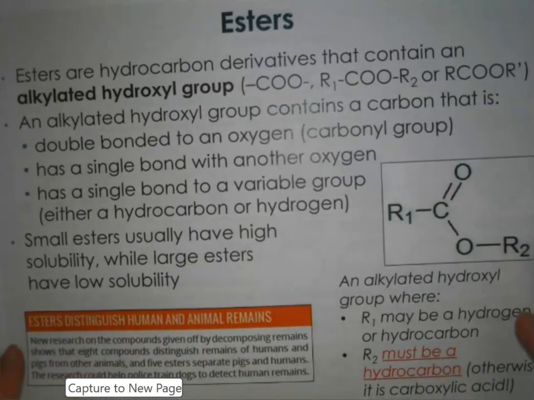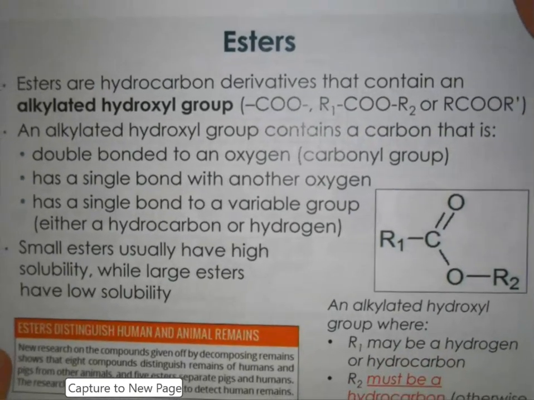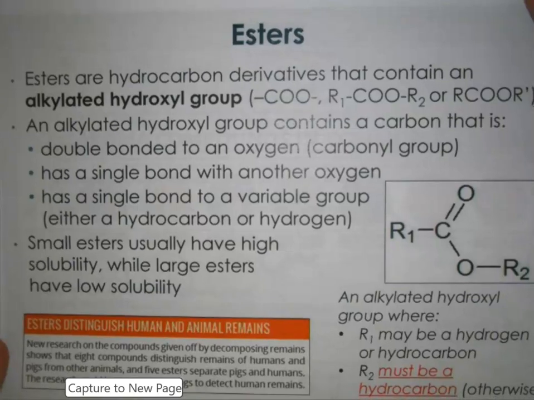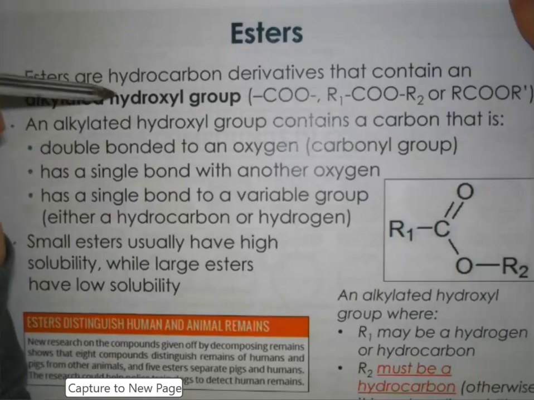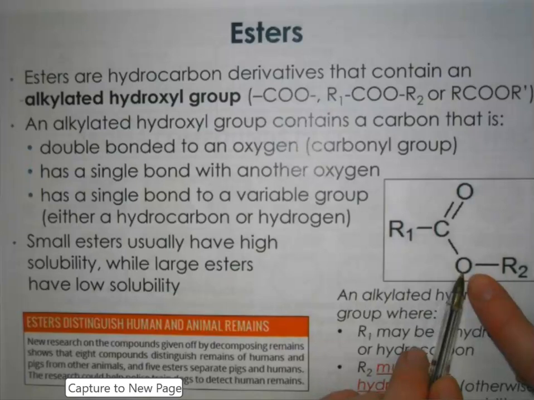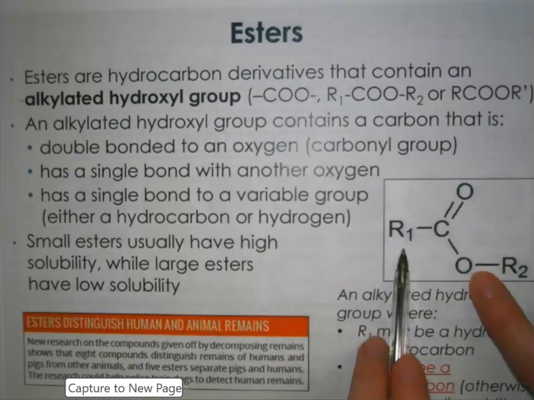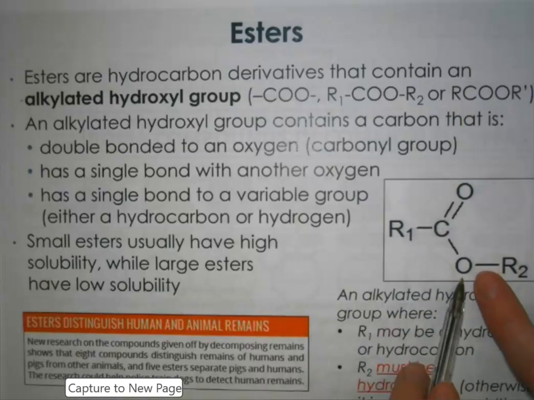Okay, so those are all the practice questions for carboxylic acids, and now we're going to look at esters. So esters are hydrocarbon derivatives that contain something called an alkylated hydroxyl group. So basically what that means is when you have an ester being formed, you actually have a carboxylic acid combining with an alcohol to make